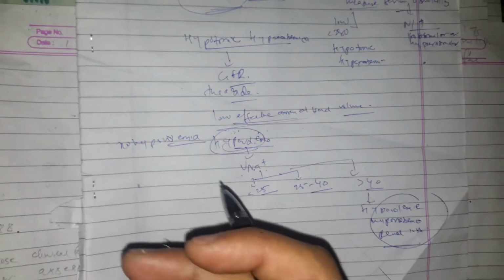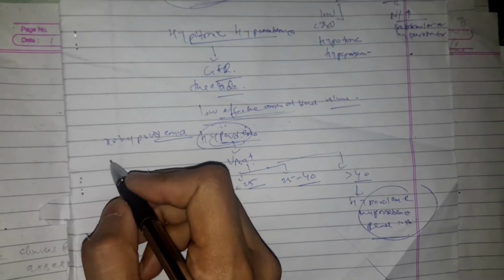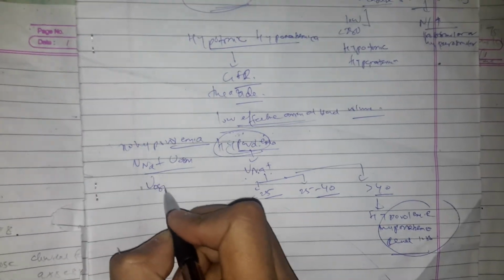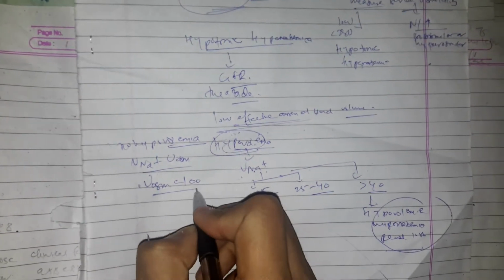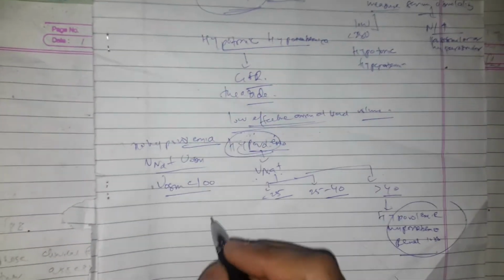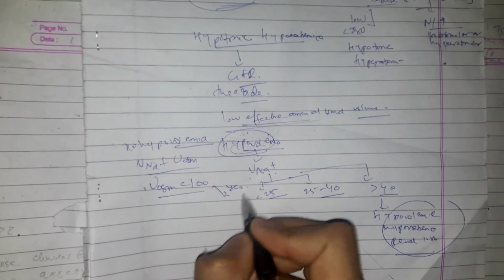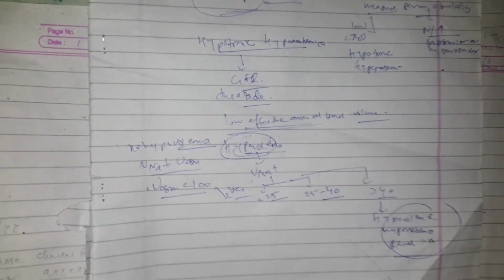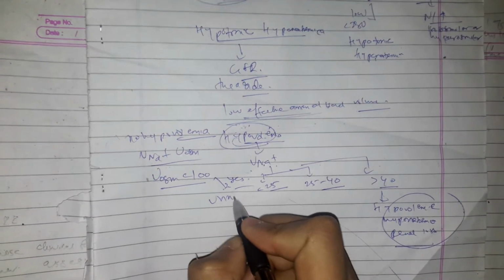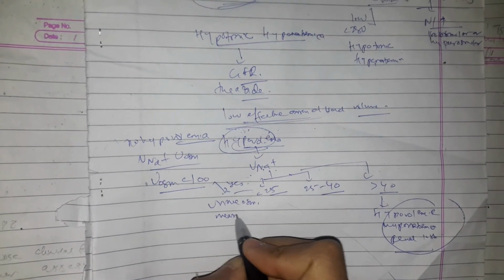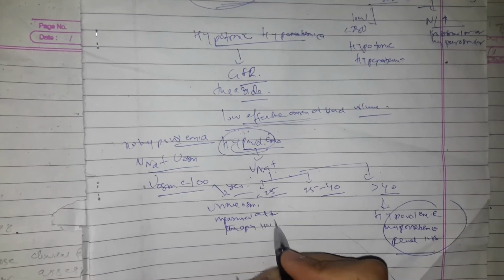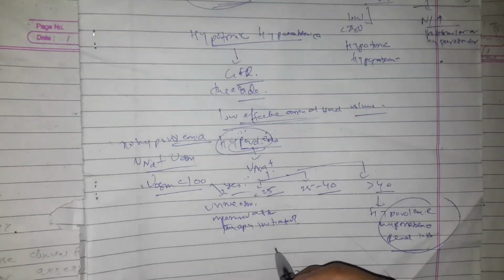I mean to say that if you examine and you find normal blood pressure or no postural hypotension, then you have to measure urine sodium and urine osmolality. Okay, and for urine osmolality, you have to see whether it is less than 100 or not. If urine osmolality is less than 100, then urine osmolality should be measured after therapy is initiated. You have to see urine osmolality again after therapy.